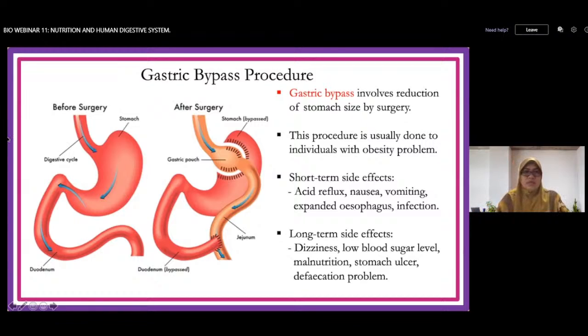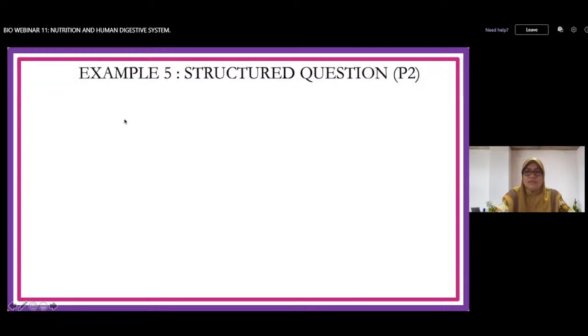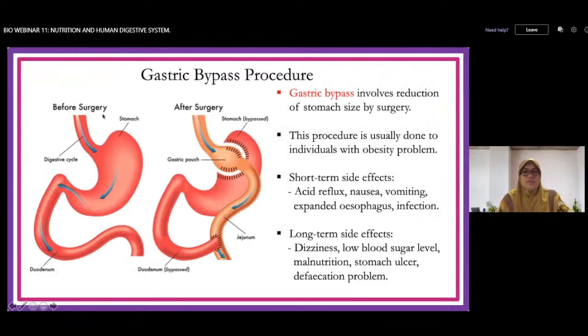So cikgu nak explain sikit berkaitan dengan gastric bypass procedure ni. Gastric bypass procedure ni, before ni normal kita punya perut, esophagus, duodenum, small intestine. Sebelum pembedahan normal. Selepas pembedahan, perut tu dia akan bentuk kantung kecil. Dia akan potong sikit, bentuk kantung kecil di perut, kemudian dia akan sambung ke usus kecil, small